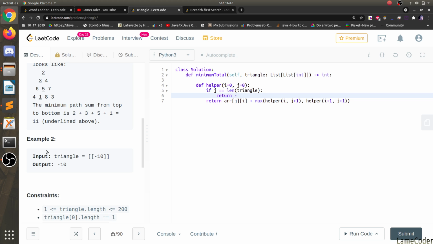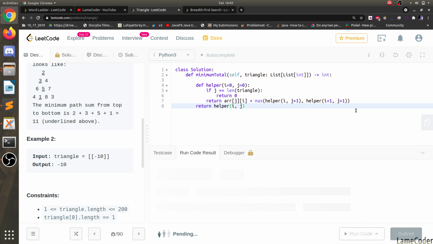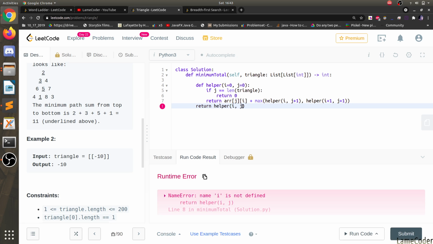We can return 0 when we are hitting the base. Okay, let's run the code now. Return helper directly.